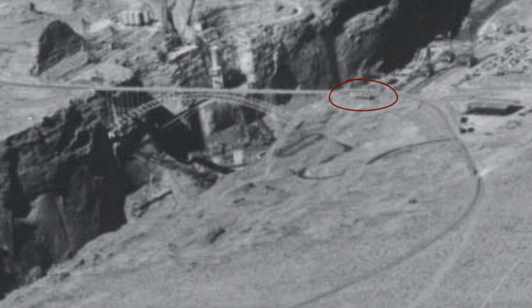It eventually got moved up into town and became the Lark Center, which sat right by the high school football field there on what used to be 7th Avenue. Now it's Lake Powell Boulevard. But this lookout point, you could come to this lookout point driving down this road here. That road is still there. It's just blocked off. But there was a parking lot down here, and you could park here and then walk